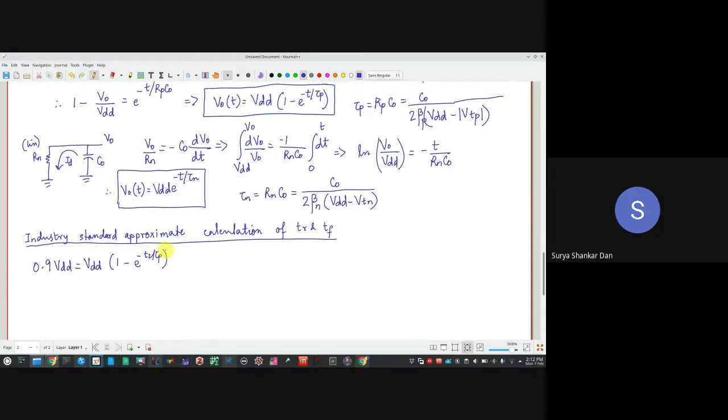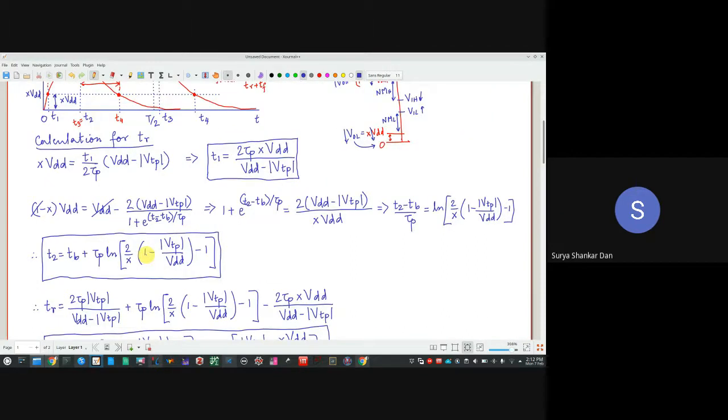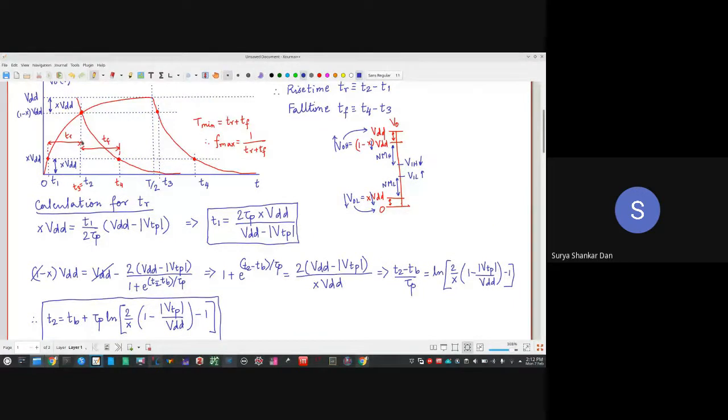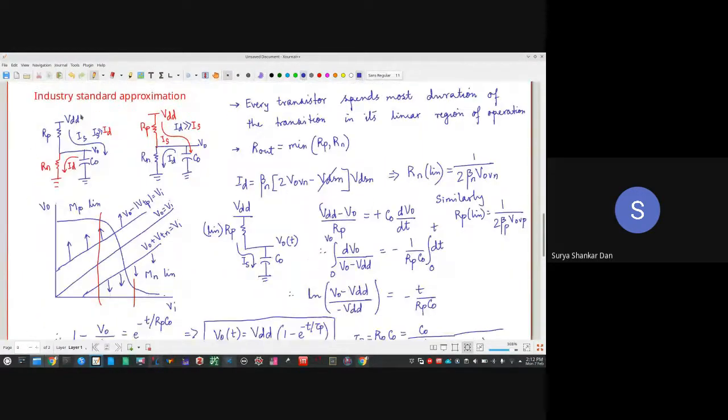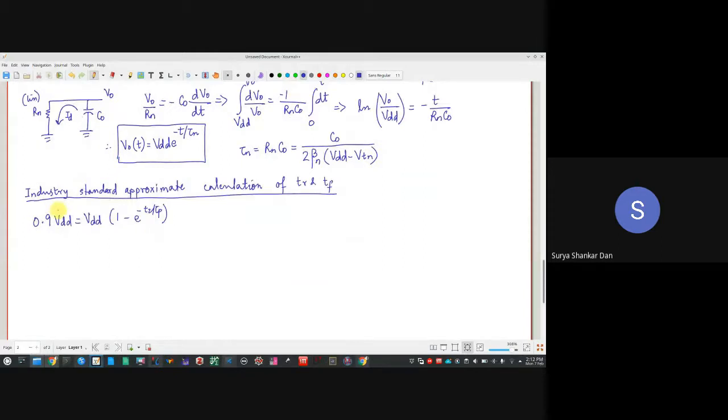Rise time, fall time, simple. To find the rise time, when will 0.9 VDD come? As you can see, 0.9 VDD will be at T2, right? Very good. I'll just replace VO by 0.9 VDD, and that will happen at T2. Just understand that this is essentially the T2 instance. I am talking about rise time. All right, then from there, very simple,